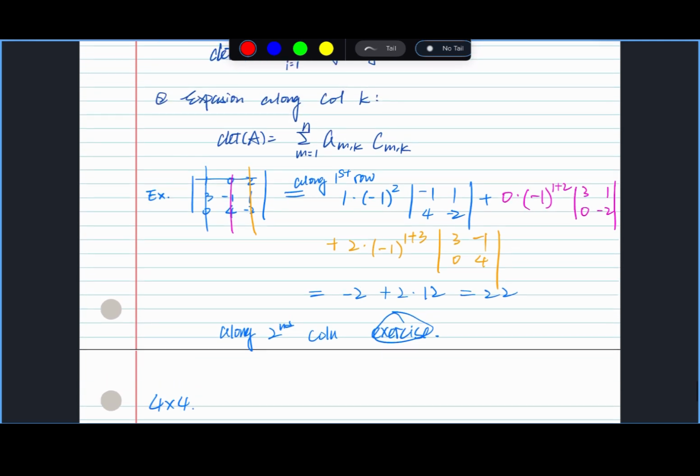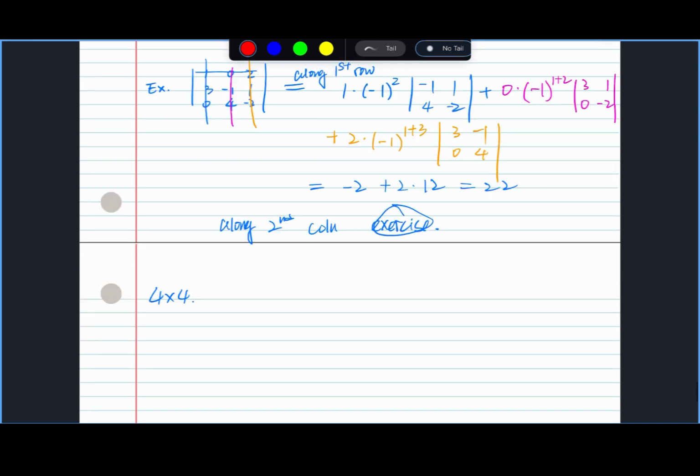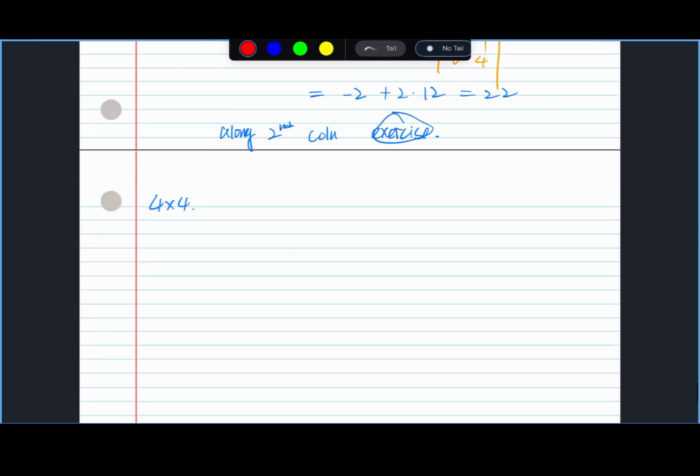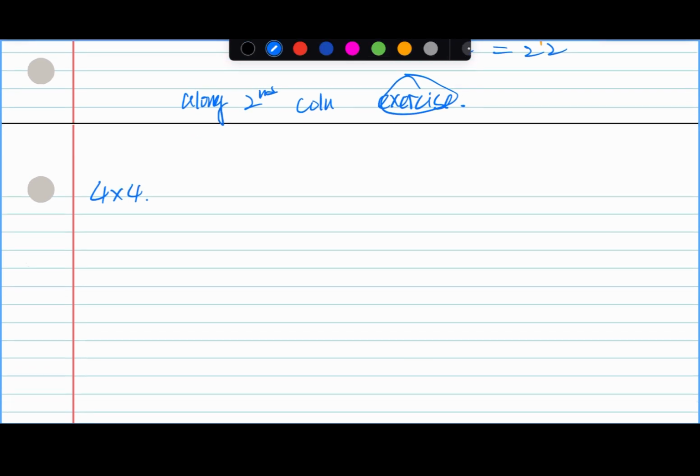Last time we were doing cofactor expansion, and we did an exercise on 3x3 matrices. Now we can do a 4x4 and see how we do that. So basically, if we have a 4x4 matrix and we want to calculate the determinant of it,